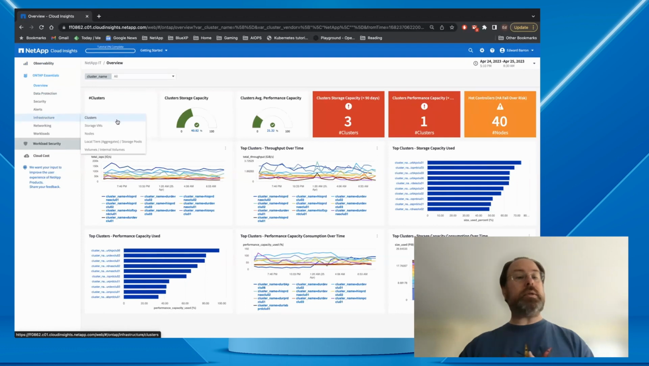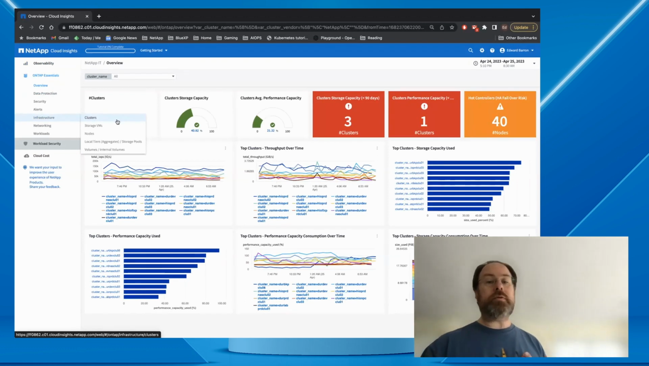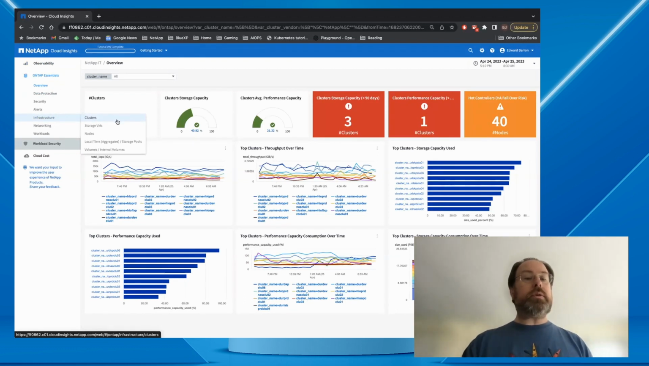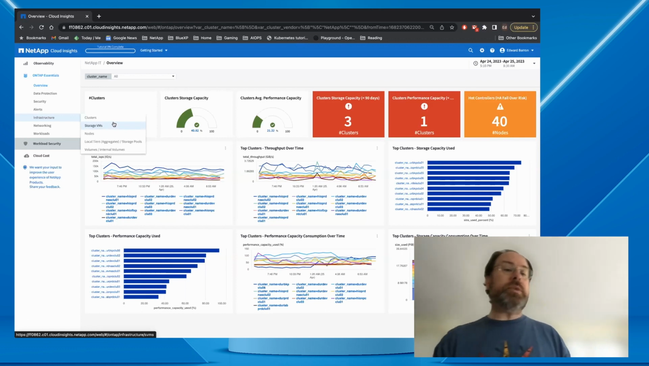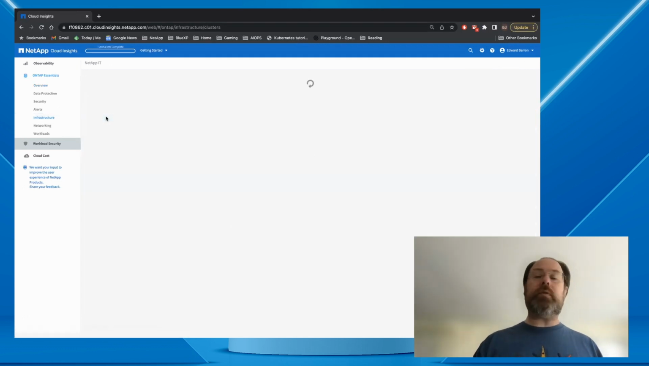So let's get into these three menu items here. Infrastructure: these are the different objects that comprise your infrastructure. So they're your clusters, your nodes, your tiers of storage, your aggregates, and your volumes themselves. Also storage VMs. These are things that are about providing service more than the services that we provide ourselves. So if we go in and look at a cluster,